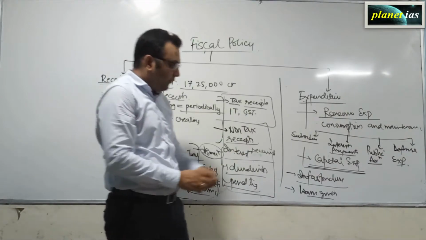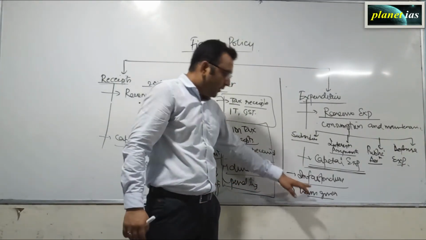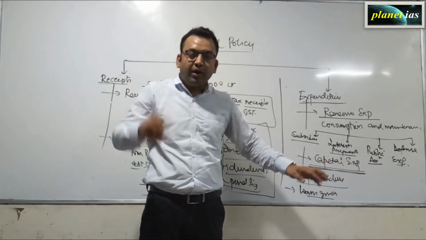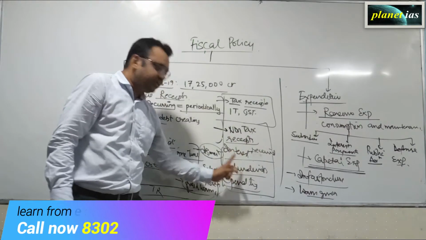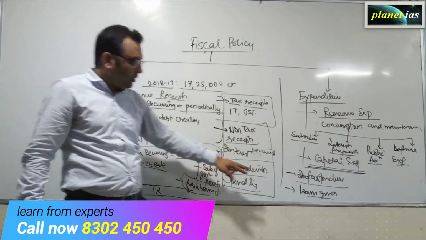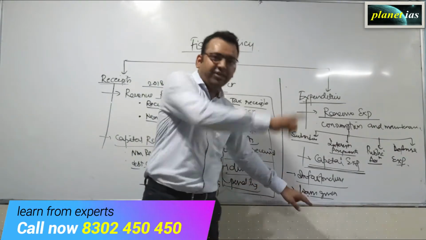See, the loans that we give actually aim to earn for us, right? The government gives a loan, it aims to earn interest, which we record where? In the non-tax receipts of the receipt part, right? So the loans given create capital for us because they generate interest for us, right?